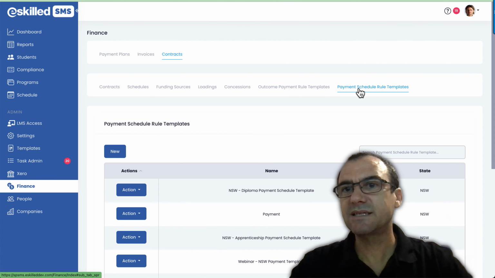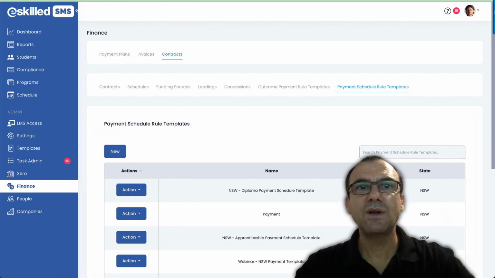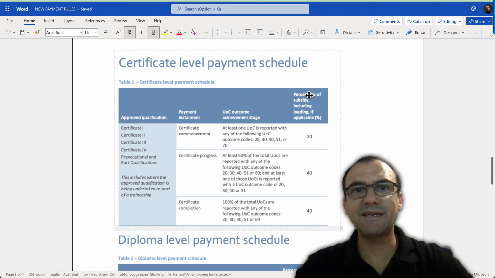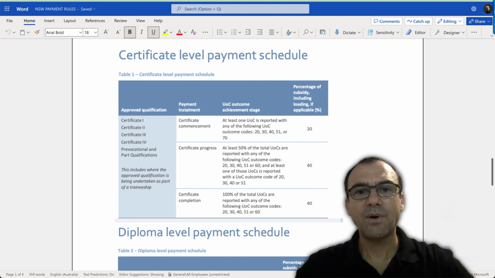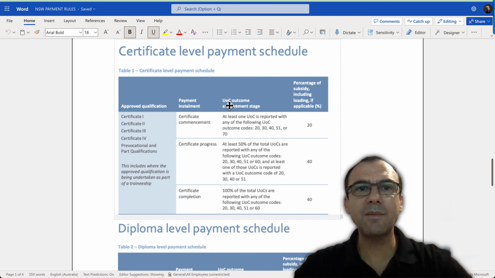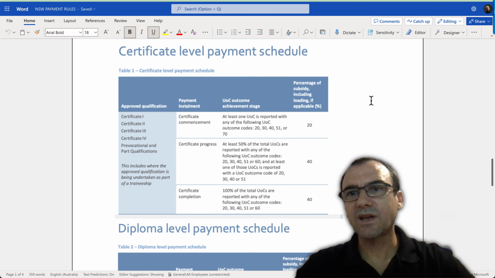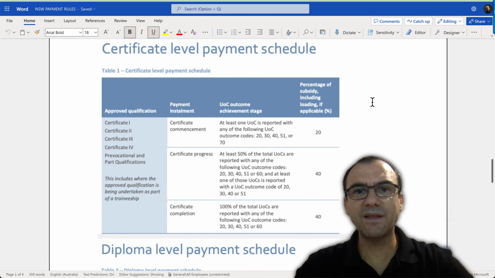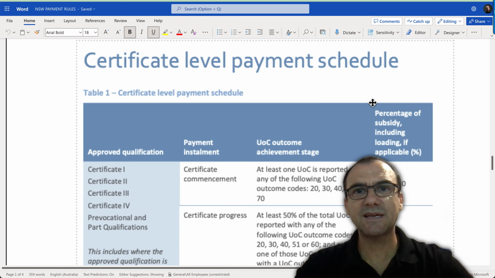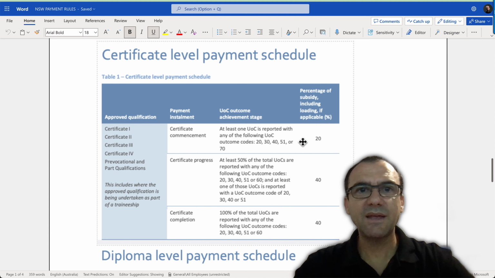Right, the next is to have a look at payment schedules. So payment schedules in the system relate specifically to the payment schedules that you're provided for the New South Wales Smart and Skilled program. In this situation, I've got a couple of reference documents here. The one that you can see in front of me is the